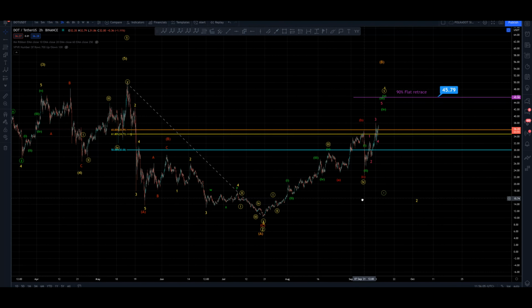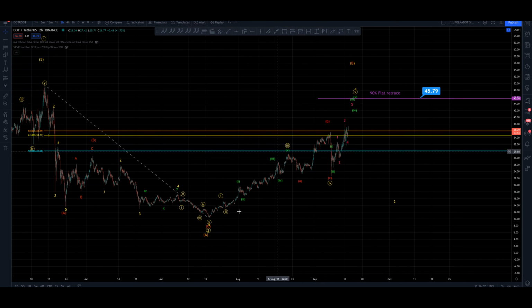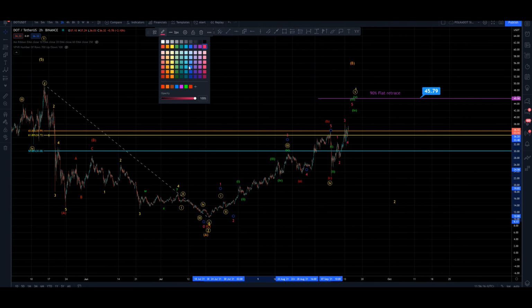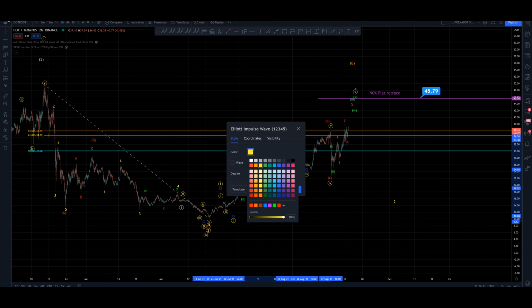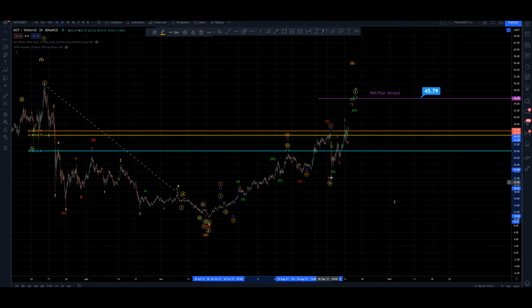If the bullish count is correct, then the other interpretation would be to suggest that we've gone 1, 2, 3, 4, 5 at minute degree, like so. Let's just shift this into orange. So rather than going 3, 4 in a flat pattern here looking for a fifth to come, you could argue that we've gone 1, 2, 3, 4, sorry, 5 into a 1, and then a very sudden and violent wave 2